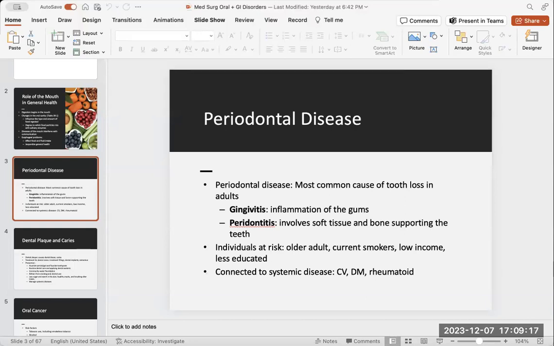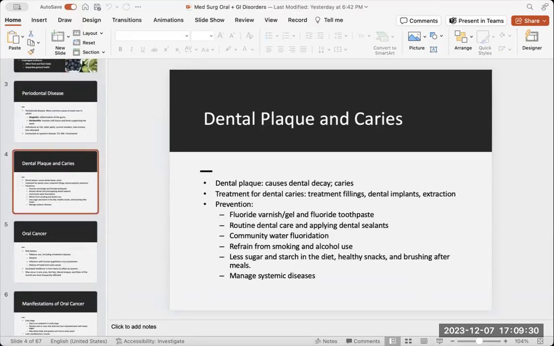And like I said, if you have a disease affecting the mouth, it could lead to cardiovascular diseases, diabetes, and even rheumatoid disorders. Sometimes the NCLEX and even nursing exams like to talk about dental plaques or caries. Basically, dental plaque is where we have tooth decay, and sometimes we'll see patients need fillers or dentures and things of that sort. So how can we